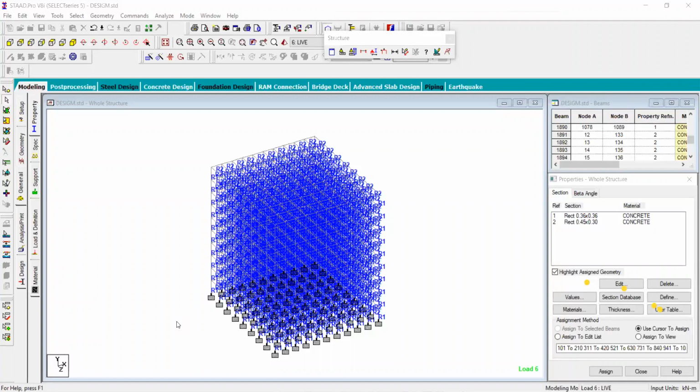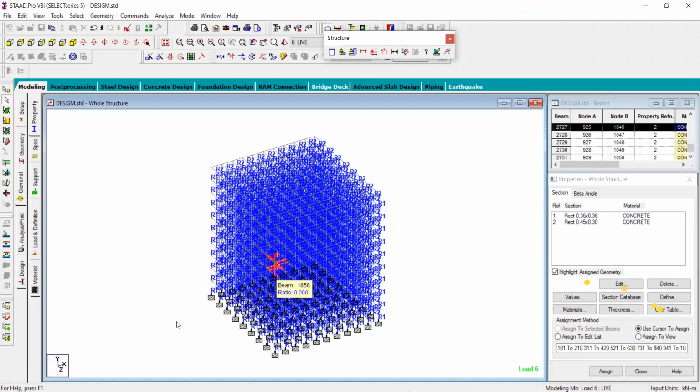Then Control F. Again, go for the Control F. Put adequate here.